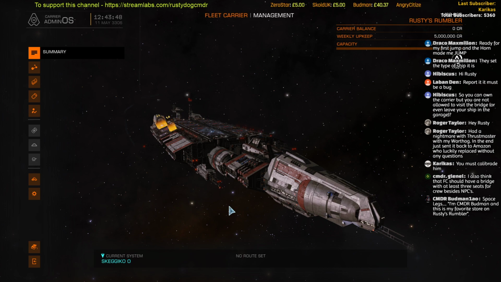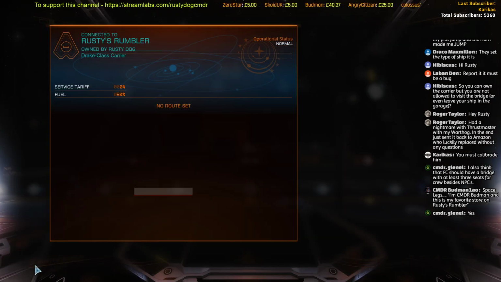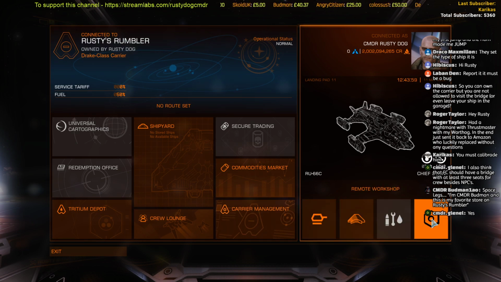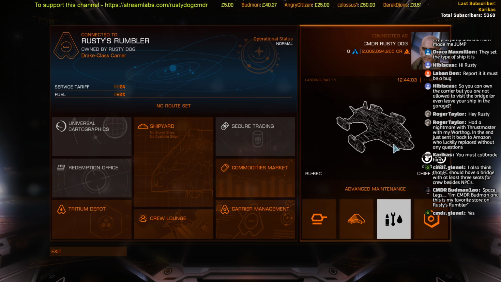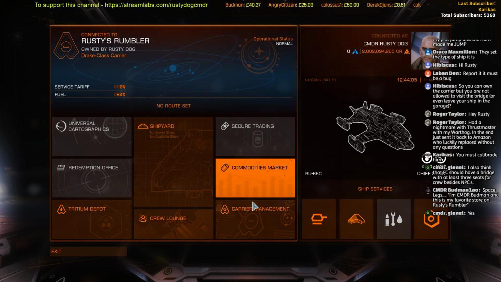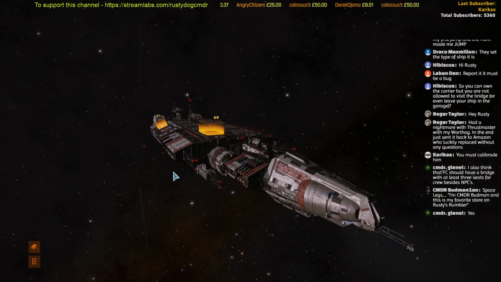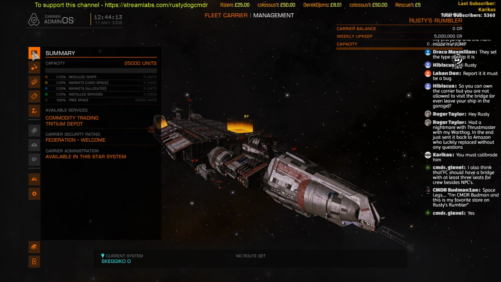What's this? My favorite store on Rusty's Rumbler. This name's probably going to stick now. Okay, before we just get into that, then we have outfitting, livery, and remote workshop as we had before for your own ship here, which is cool. Alright, so carrier management then, obviously the main screen here, where we're gonna take a look at everything. So summary,